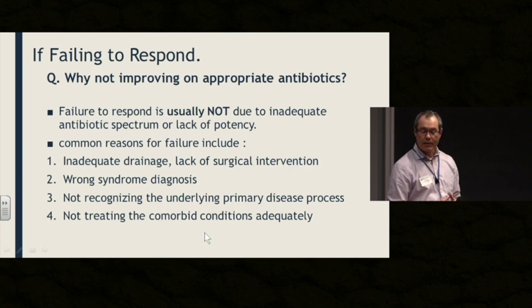Number two, the wrong syndrome diagnosis, and certainly stasis dermatitis is the number one thing we diagnose that isn't infection. By far, that's the most common. Number three, not recognizing the underlying primary disease process. Sometimes there are primary skin conditions that are the main problem, and then not treating comorbid conditions. So, some of these patients,